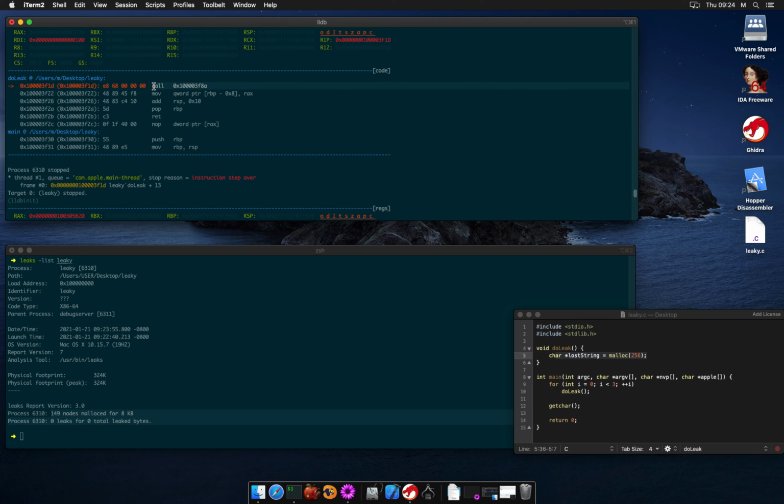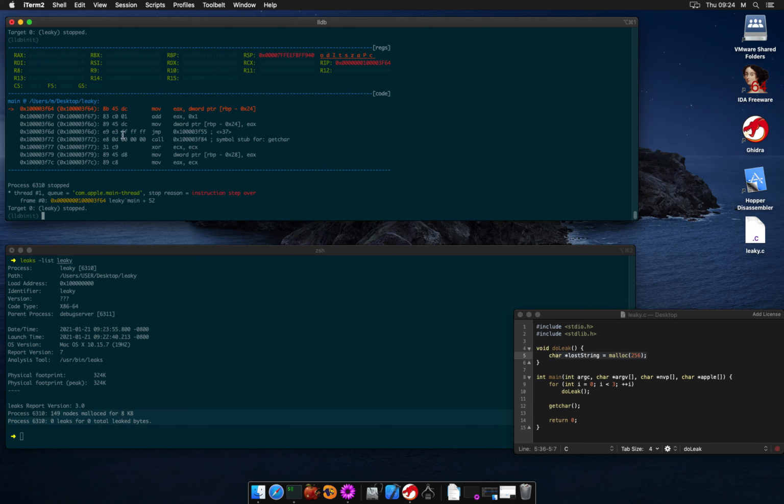So this is the address of the block ending in 5B20. And at this point, the RAX register still contains that same address of the memory block. Notice that the next instruction actually overrides EAX.